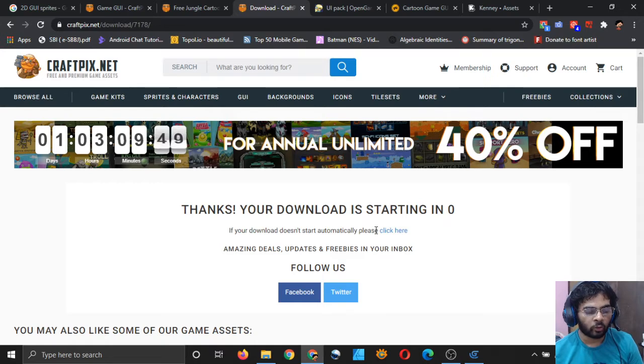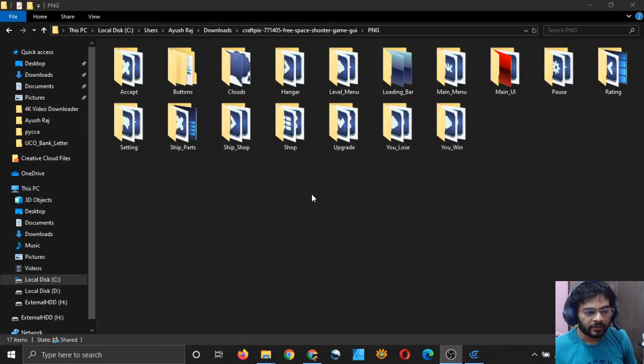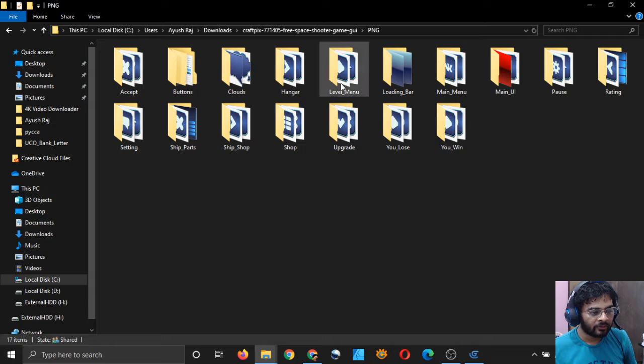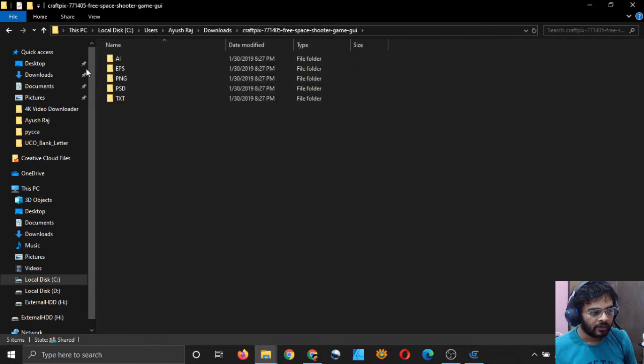So the assets are now being downloaded. I will wait for them to download. So I have downloaded the asset and you can see that I have this folder. I had many folders and these are different formats of the asset.